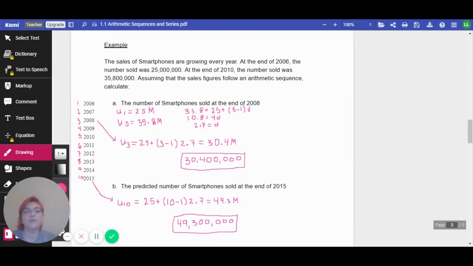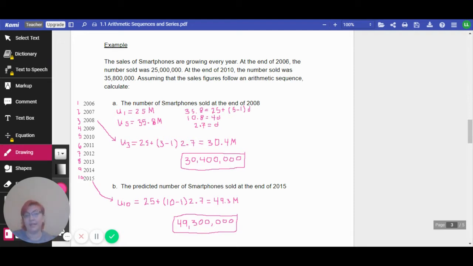Okay, let's take a look at a real-world example. The sales of smartphones are growing every year. At the end of 2006, the number sold was 25 million. And at the end of 2010, the number sold was 35,800,000. Assuming that the sales figures follow an arithmetic sequence, first calculate the number of smartphones sold at the end